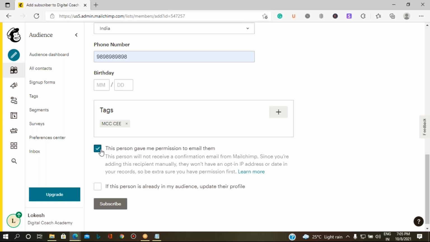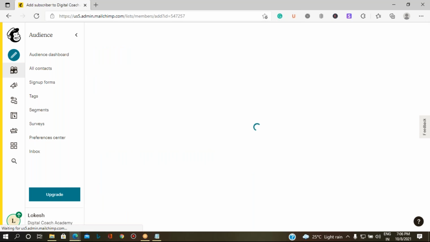So it's mandatory to enable this option. Then, if you have added this email ID before and are now editing its details, you can enable the update option. If not, you can leave it blank, or if you select it, no problem. Click on subscribe.